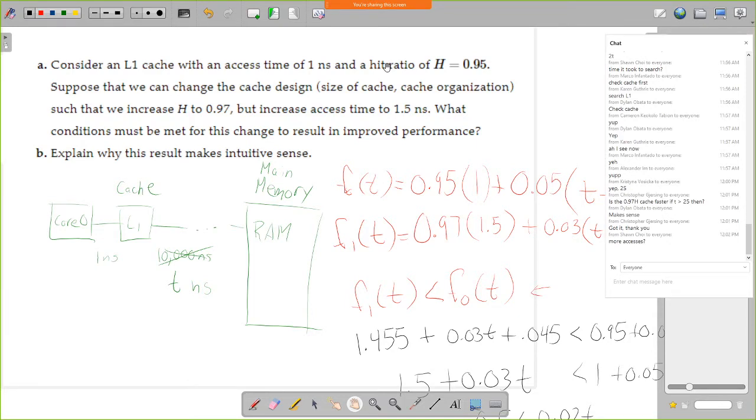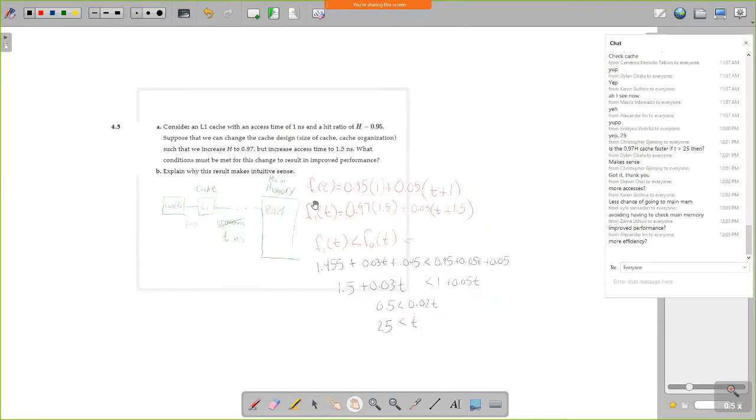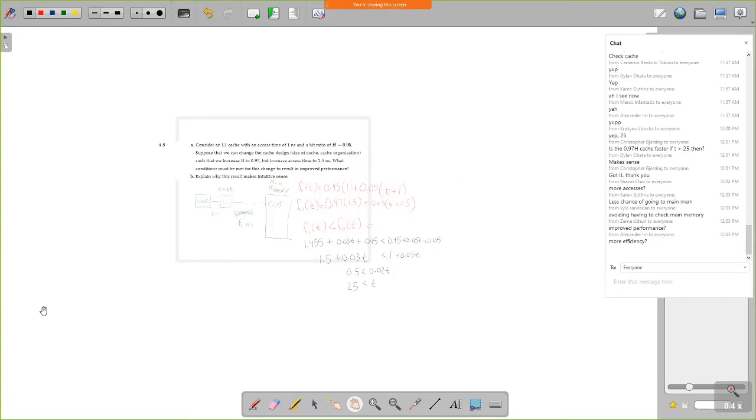More accesses. Right, so that's part of it. If I have a lower cache hit rate, I'm going to have more accesses to main memory, right? I'm going to have to check main memory, so we're going to get more main memory accesses. And if we expect t is greater than 25 when we're accessing main memory more often, then, I guess